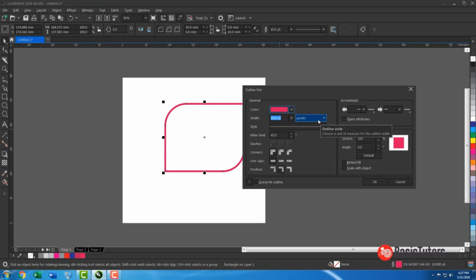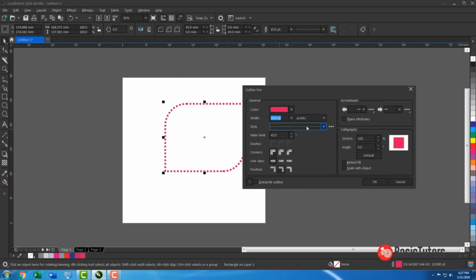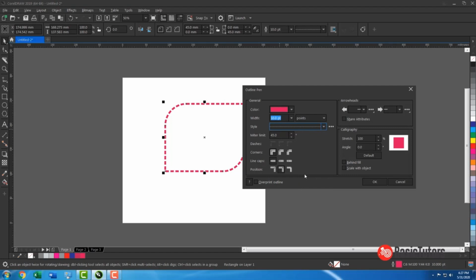This is for units like points, millimeters, centimeters, etc. And then this is for the style of the outline. For example, if you need a dotted line, you need to click here, like a dash, everything here. This is the style of the outline. Also,